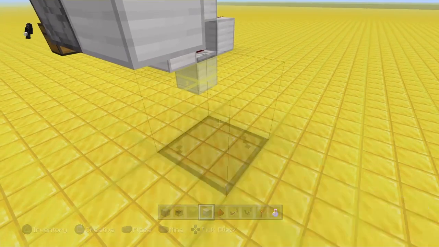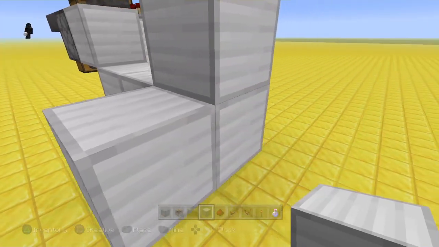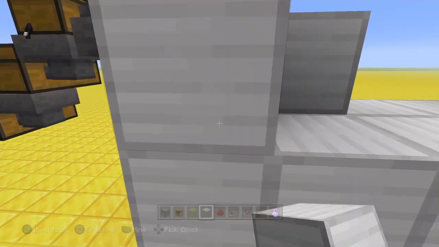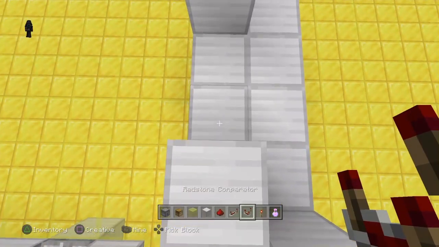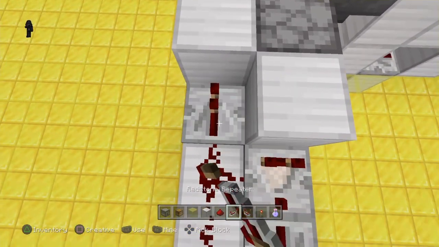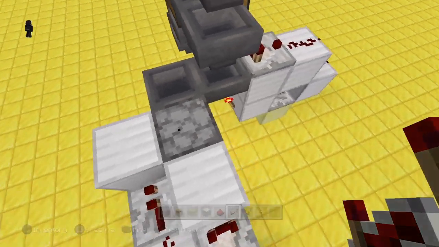Next, what we're going to do is we're going to lay out some framework. We're going to put a block there, one down, one up, with one down on the side of it. Block, block, block, block up. And on these blocks we're going to place a comparator, a repeater, dust, dust, dust, repeater. Just like that. And what that's going to do is anything thrown in here is going to get spit out